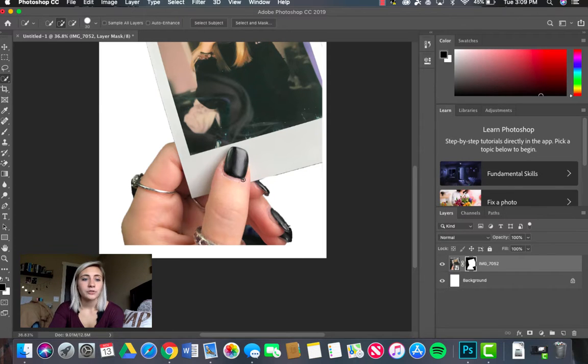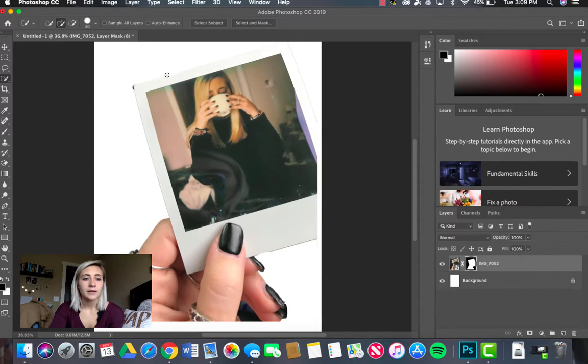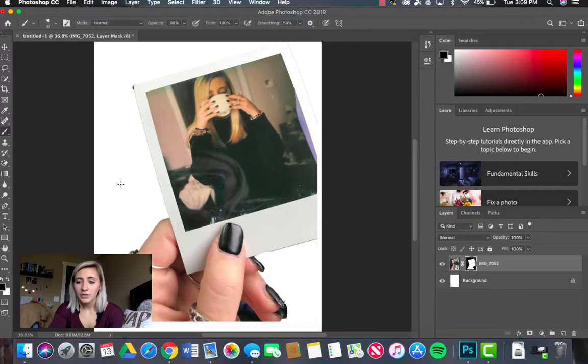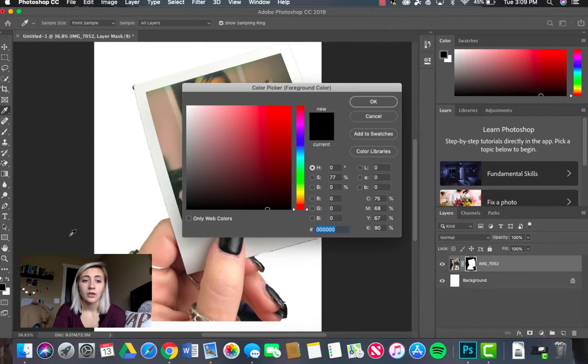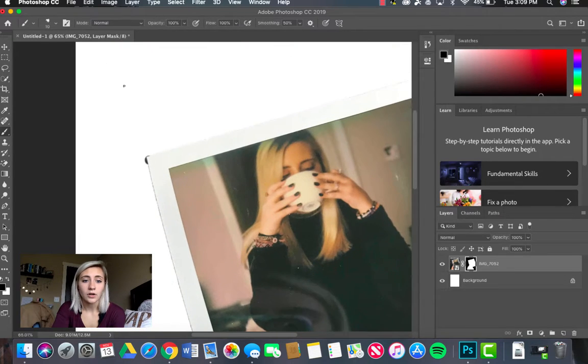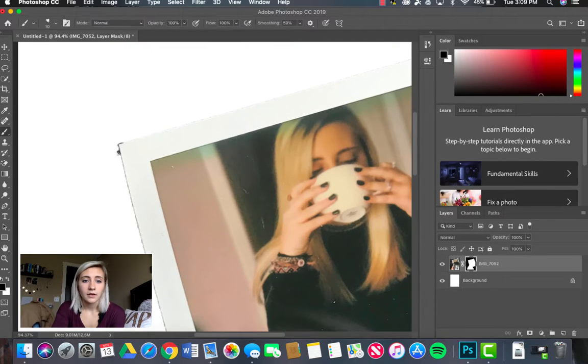So to start, what I'm going to do is I'm going to go over here to the side and press the brush tool. Once I click that, you're going to make sure you have your image selected, the layer mask, and you're going to make sure the color is black. That's selected. So that when you zoom in, so you can get those corners and you start erasing,